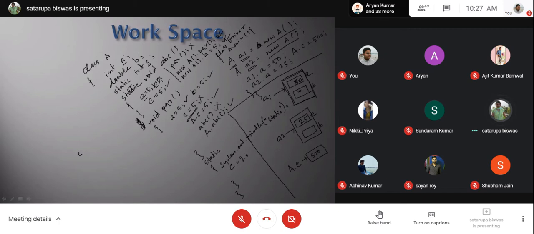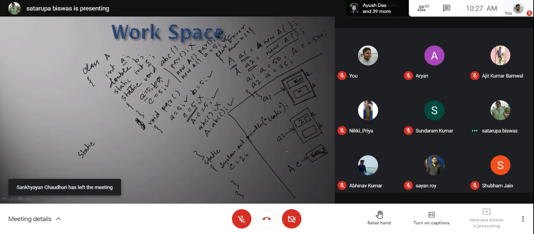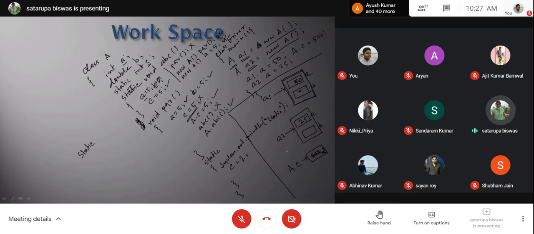So on the output screen you have static printed, and C will be initialized to 2. These two things will be done even if you do not write anything else in the main function.